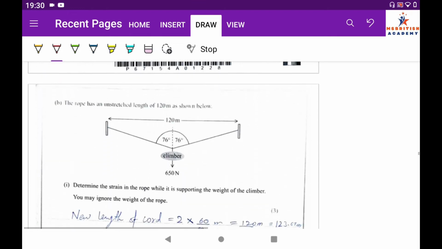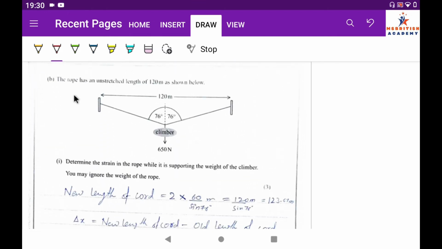Okay, so question number B. The rope has an unstretched length of 120 meter as shown below. The length of unstretched rope is 120 meters, but after the climber it will increase, there will be some increase in length. So we can determine the strain in the rope while it is supporting the weight of the climber. If you ignore the weight of the rope, so we can ignore the weight of rope. So the new length of cord is 2 times,